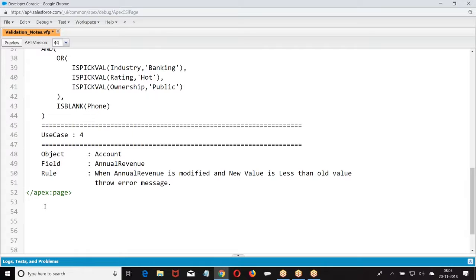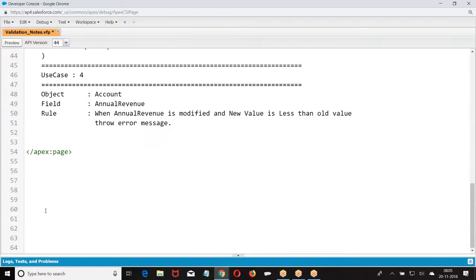Now, generally, validation rules are verified when a new record is created or an existing record is modified. But in this case, my rule has to run only when the record is modified.